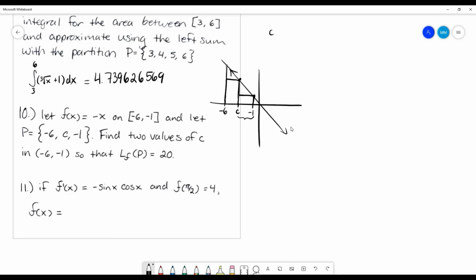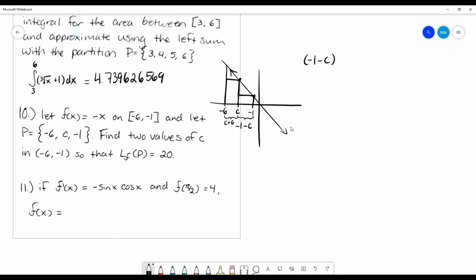If say c was like -3, the distance between them would be 2. Yeah, okay. So it's going to be that -1 minus whatever c is, that distance. And then this distance is whatever c minus -6 is, or c plus 6. I believe, right? Again, if c was -3, yeah, distance of 3. Okay. So now, remember, we're finding the area of this rectangle, so it's one side length, which